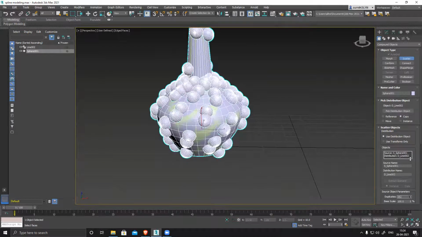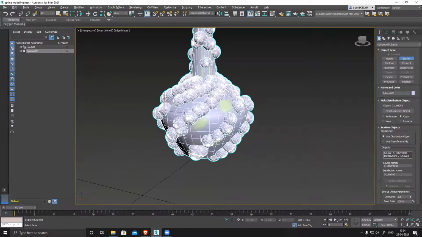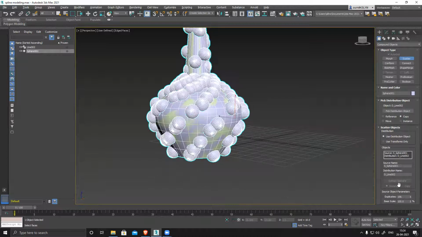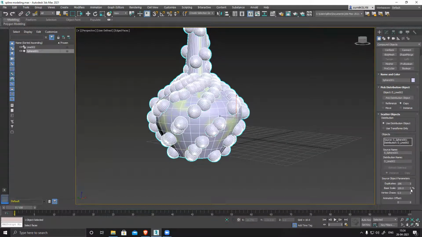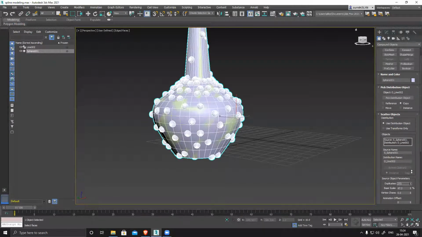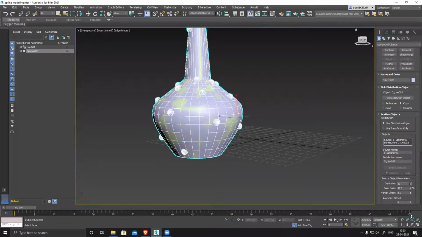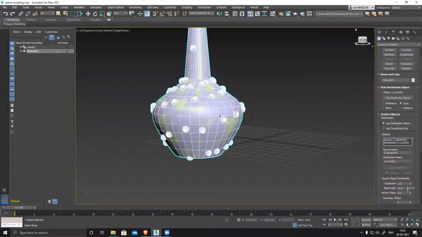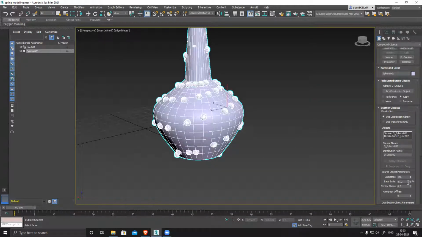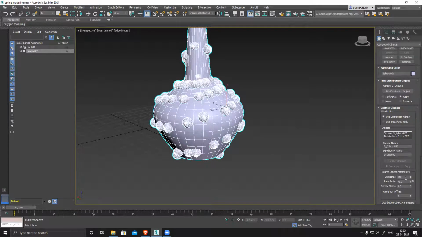See, randomly it will scatter and generate everything. Scale I can reduce. There will be cases when you have to generate things like this. Animation offset or vertex chaos, all those things can move and change things. Scale up and down.